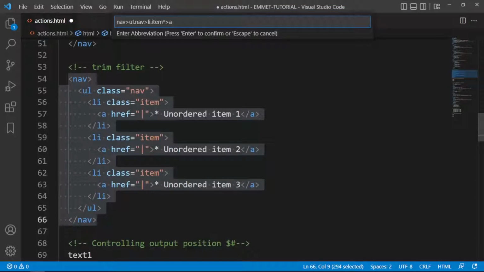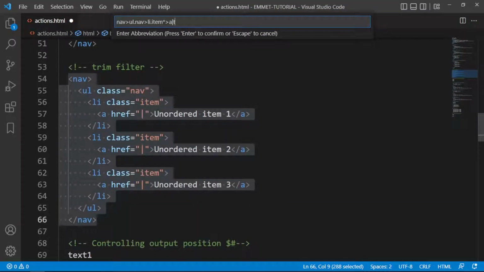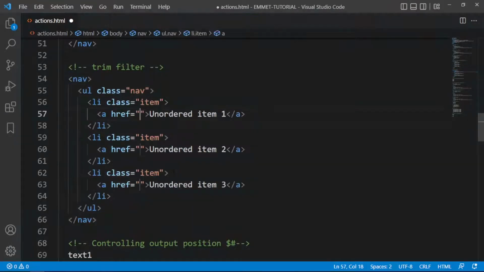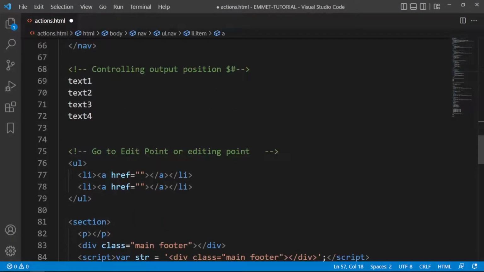But notice that it gives you this asterisk as well, and if you want to get rid of this asterisk, just add a trim character here with pipe nt. Now notice that the asterisk is removed from each of the text. You can also control the position of the text. Just select this